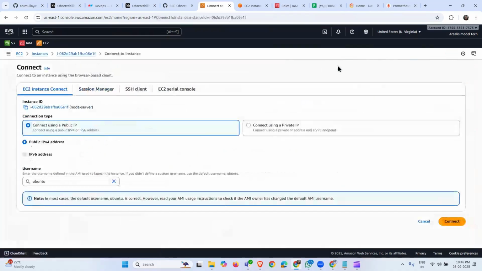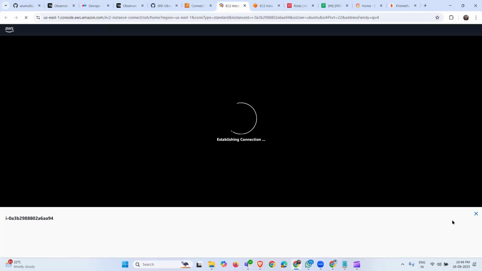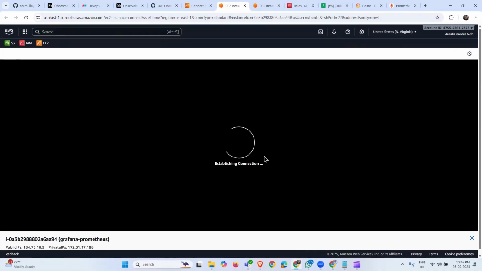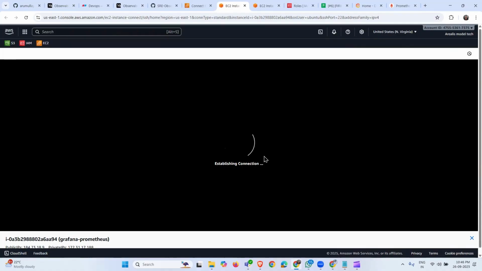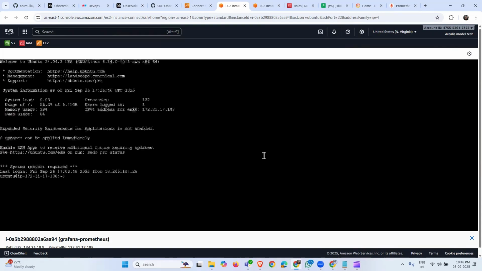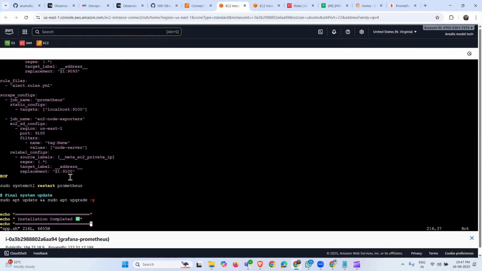Connect to the instance, and once the installation is done, the issue will be solved automatically. You will see. Go to the root user and app.sh. Here you,